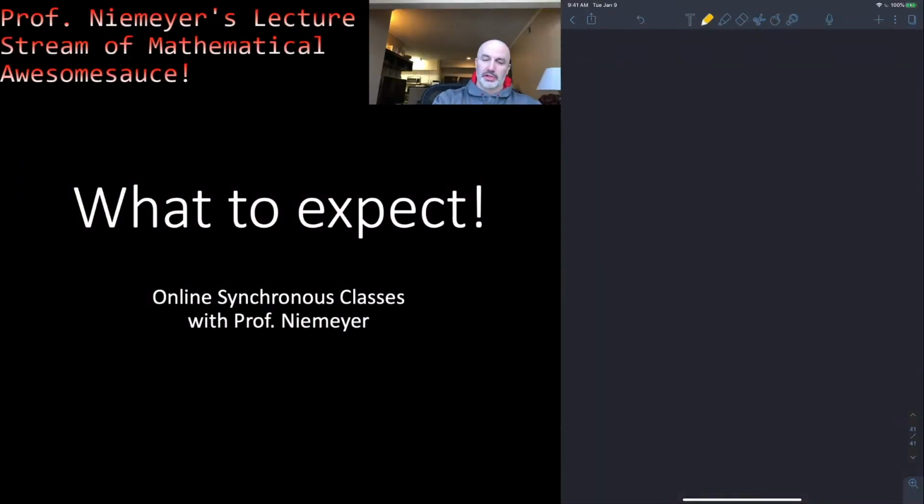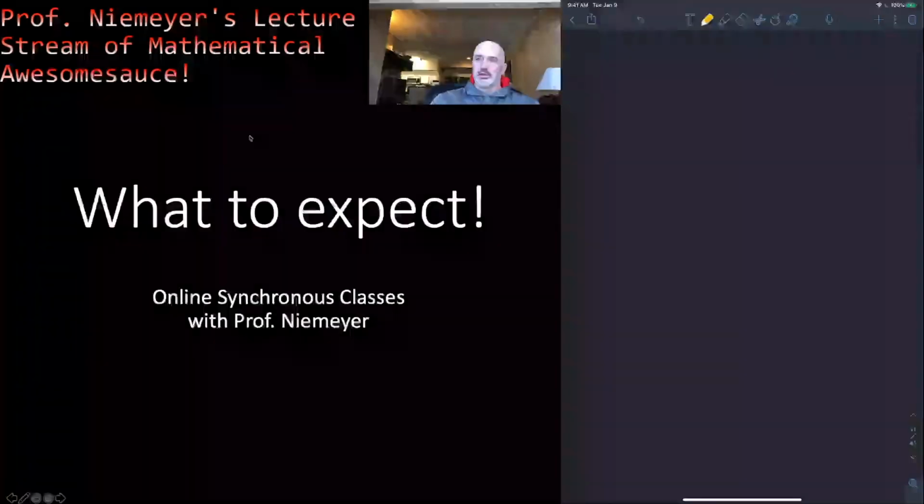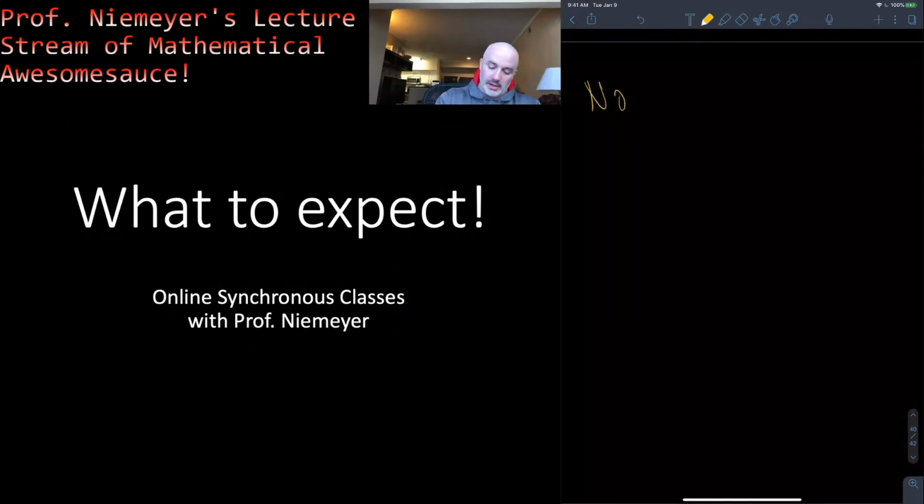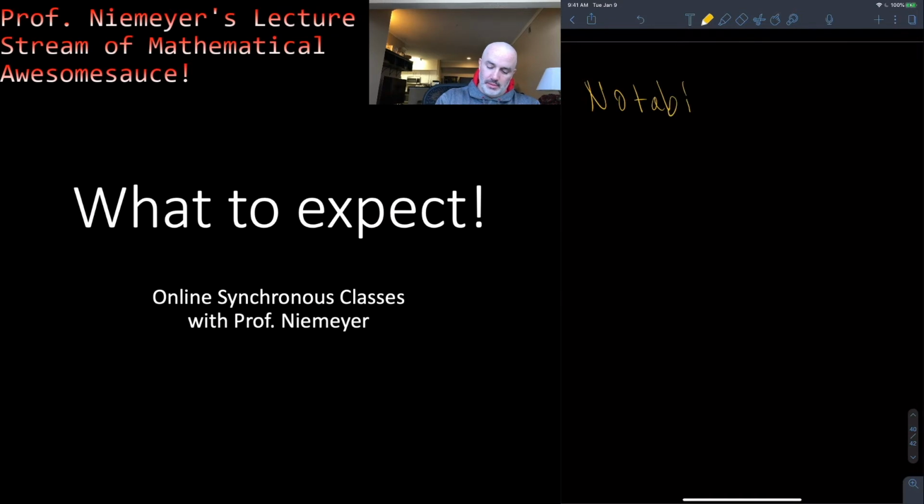So you'll notice on the screen right now, you obviously see this right here. This is a PowerPoint presentation. Off to the right of your screen, you see what looks to be an app and some sort of tablet, and this is in fact Notability, right? And I use this as a digital whiteboard so that you can see what I'm writing, but also so that I don't have to put everything on a PowerPoint slide, and I can work through an example with you in real time.